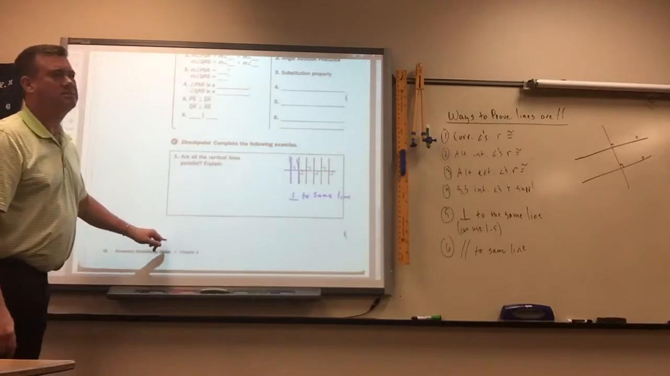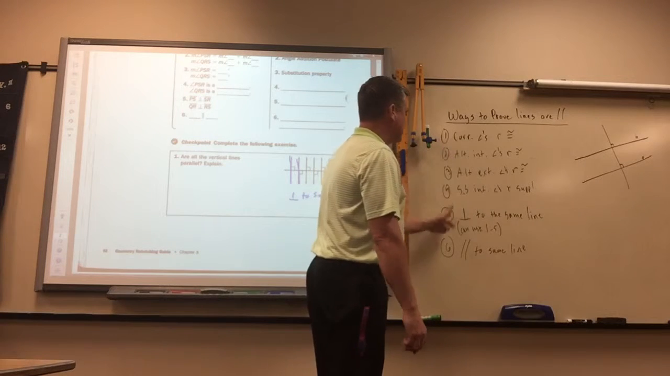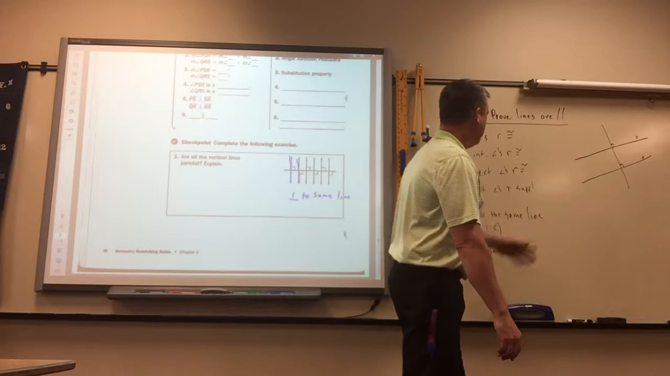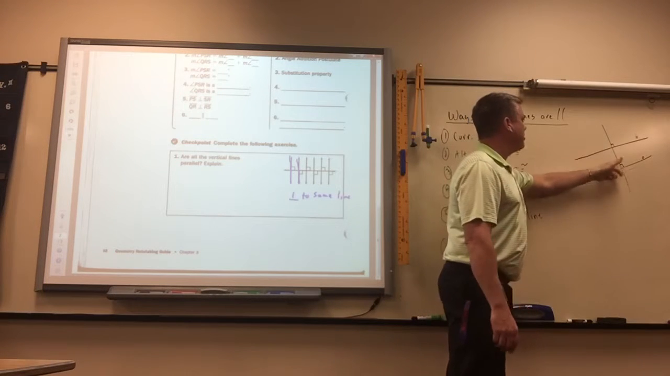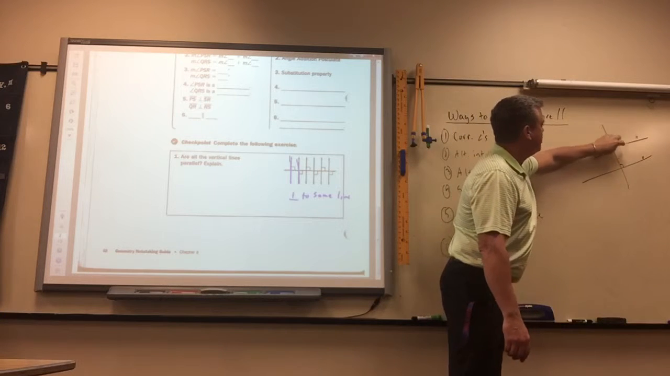What does it say underneath 5? Can you use 1 through 5? You can use any one of these reasons, it would work on this picture, just like I just got done explaining. If you have this picture, they are perpendicular to the same line, but corresponding angles are both 90, so you